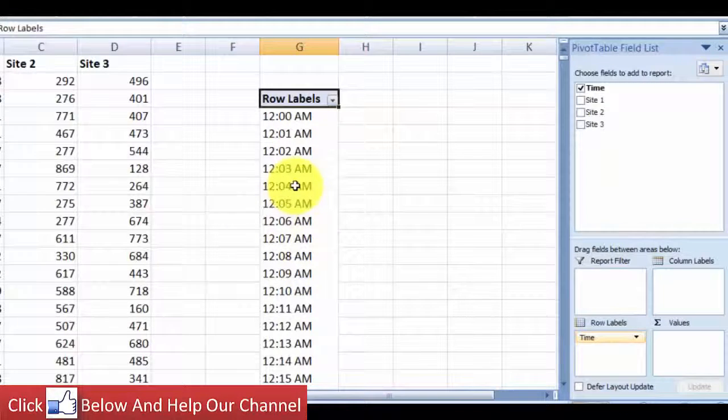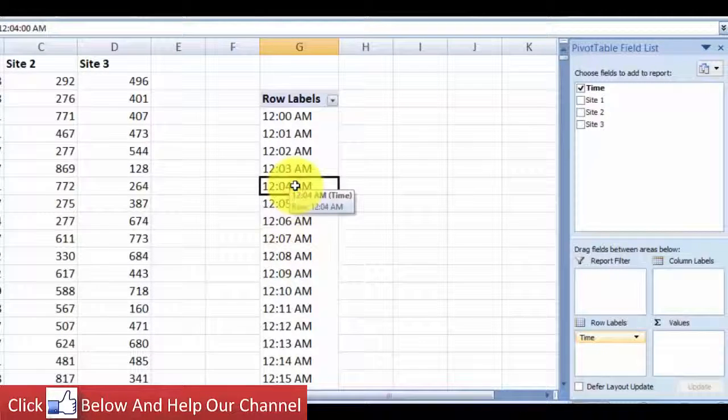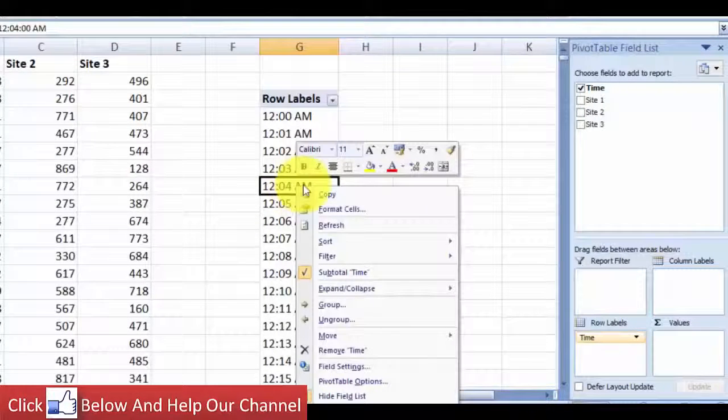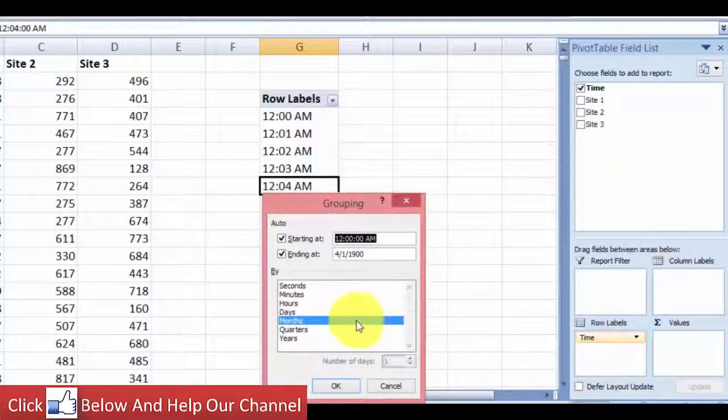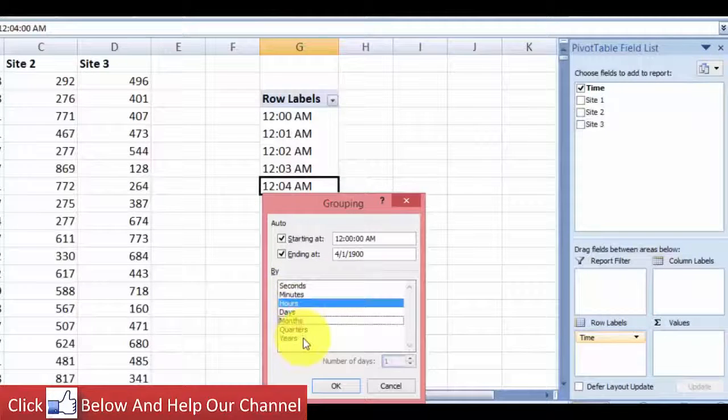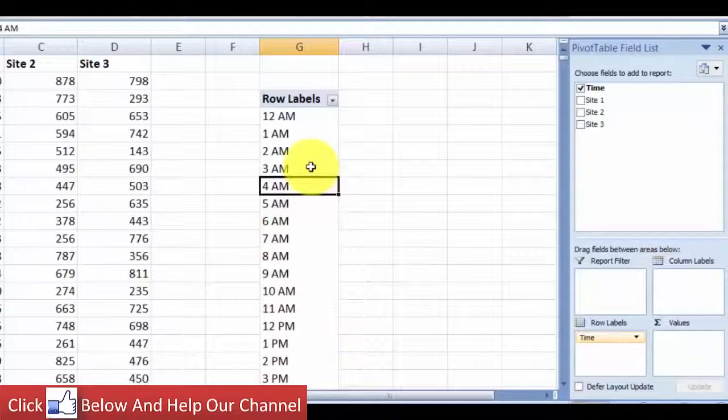So let's select any cell over here, right click and we come to the group option. So just select this one and we are going to select hours. Okay, deselect the month and select the hours. Click OK, and